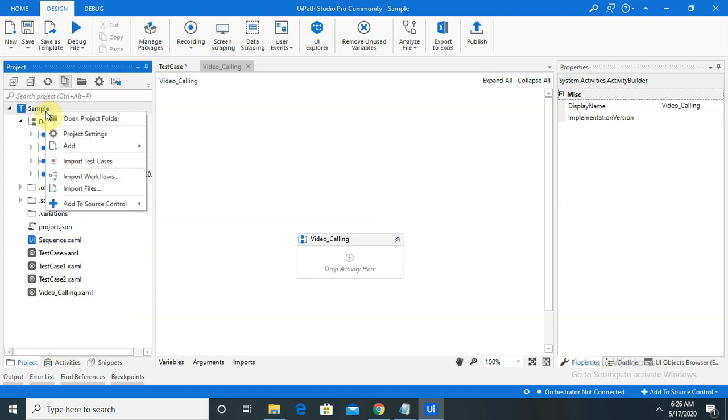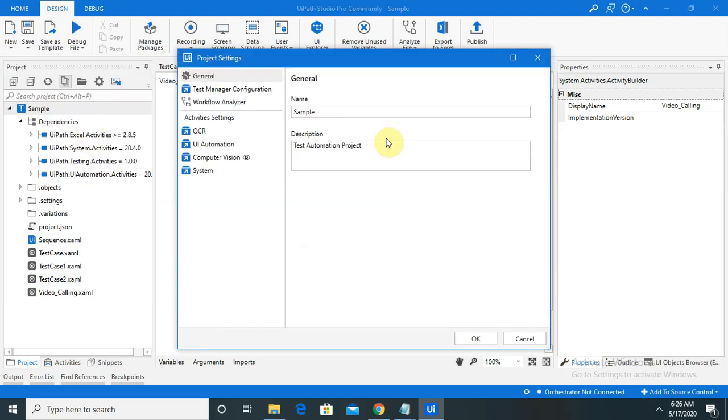Once you click on the main page, you can see Open Project Folder. If you want to open any existing project, you can open it from here. If you want to see any project settings, various project settings are available and you can change them according to your requirement. If you want to add a Test Manager URL, it is basically to add your cases from several other websites. Just like if you want to add the cases from Jira, you can directly provide the link here.